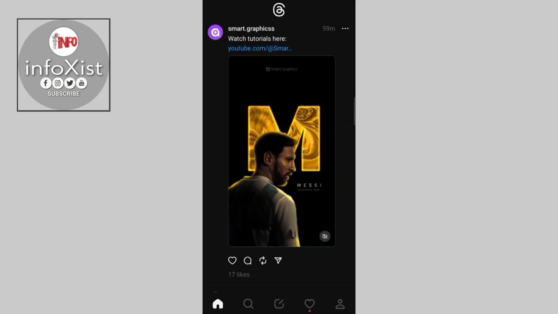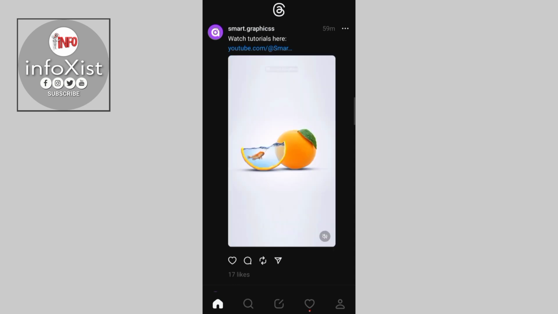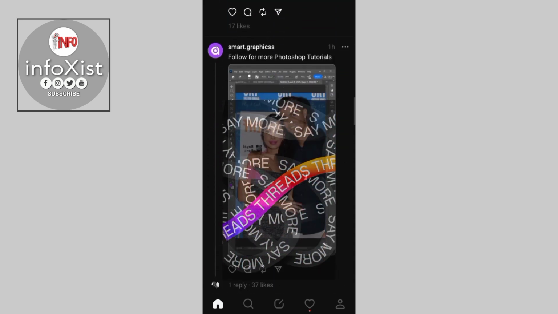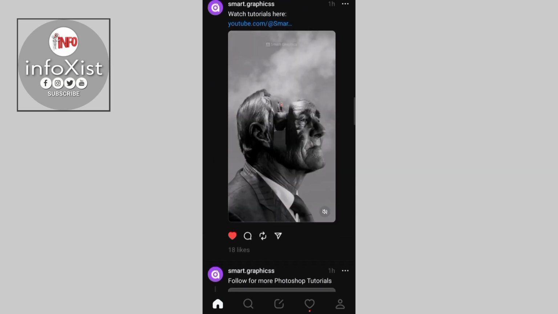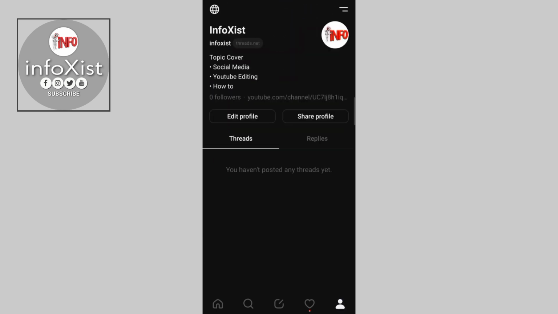So here we go, the profile creation of the Threads app has been completed, and here you can like, comment and send this post to your friends. If you tap on the profile icon here, you can see the interface of the Threads app is just like